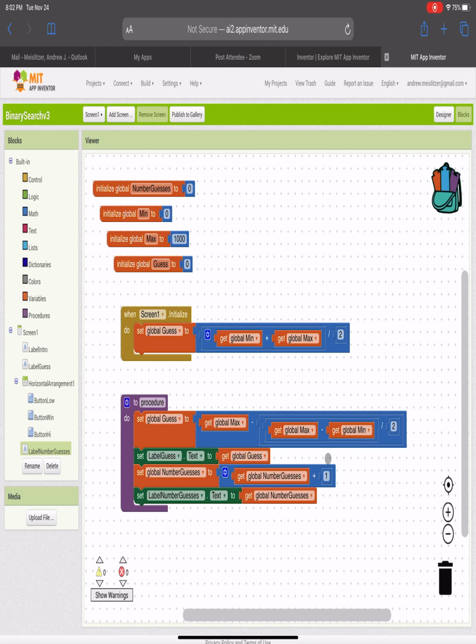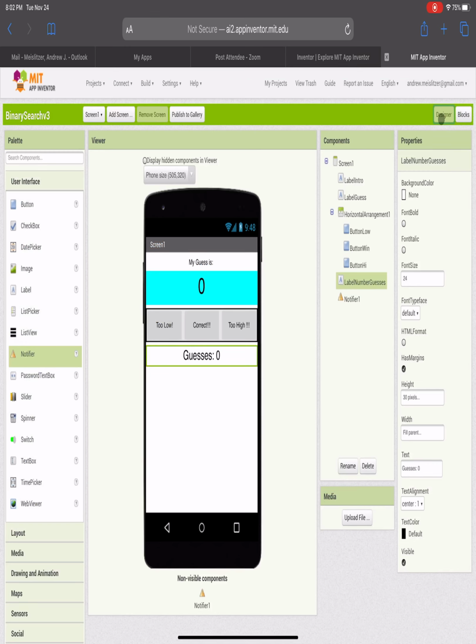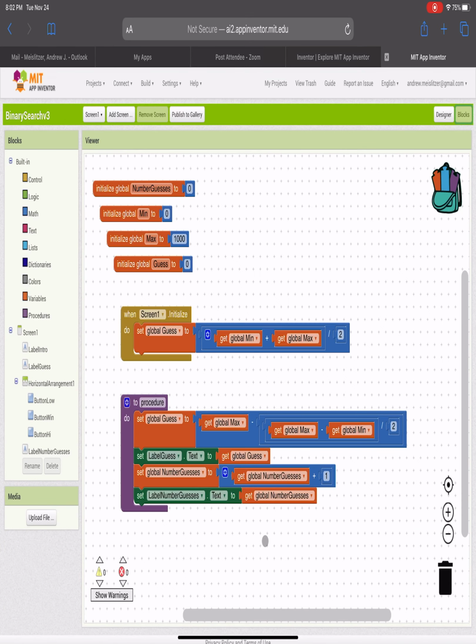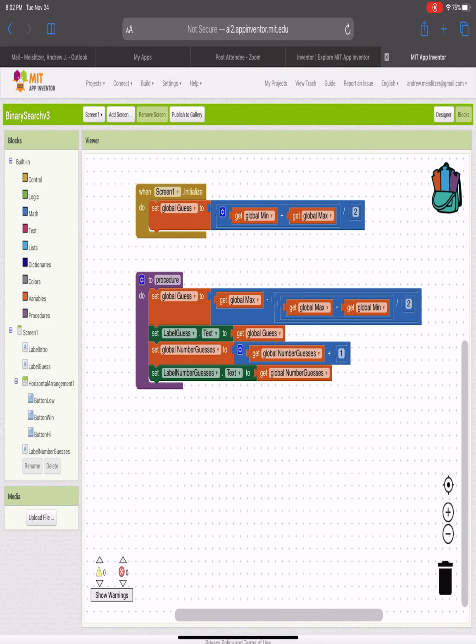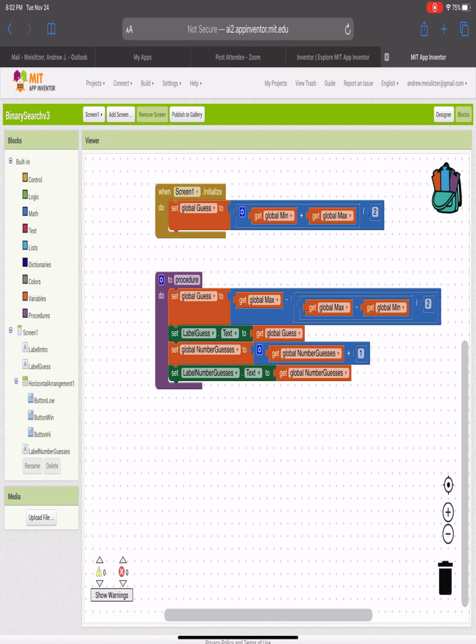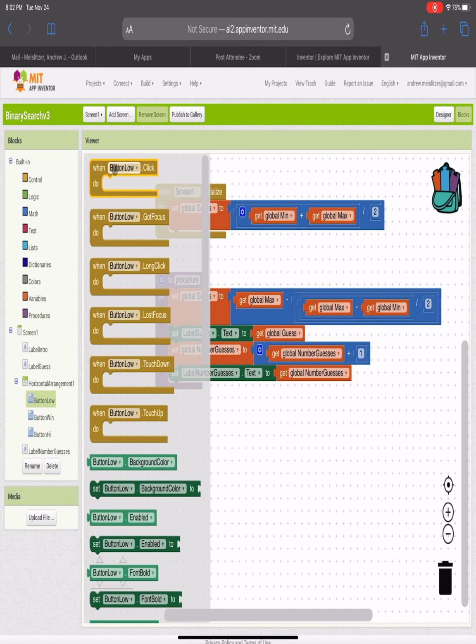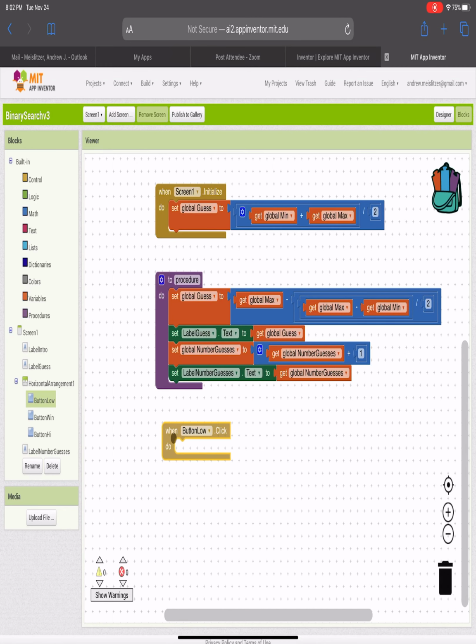So the last thing that we should need to do is connect the buttons, and then make the notifier pop up when we click the correct button. So I need to work on those 3 buttons right there. The first thing we're going to do, it doesn't matter which order we do. I'll just start with button low, since it's the top button over here. And again, whenever I click the button, I want things to fire off. And so what do I want to do? Well, what I want is I want to